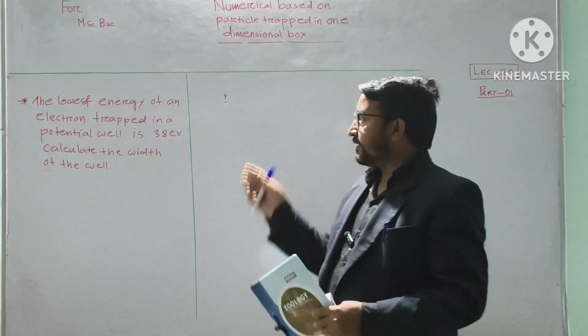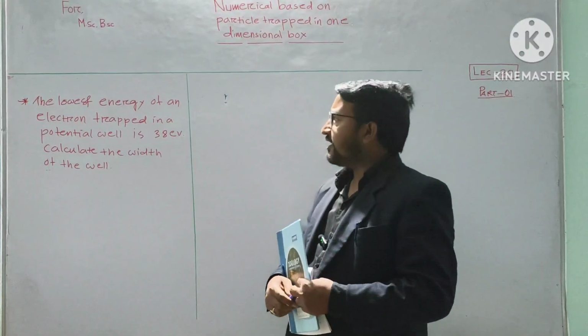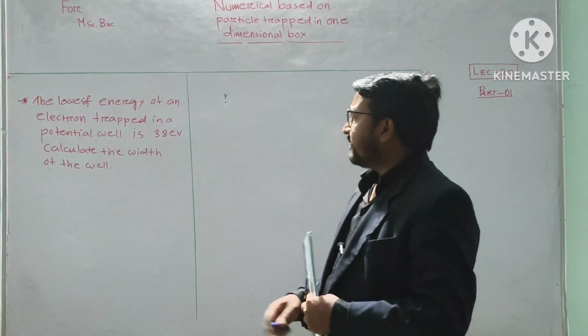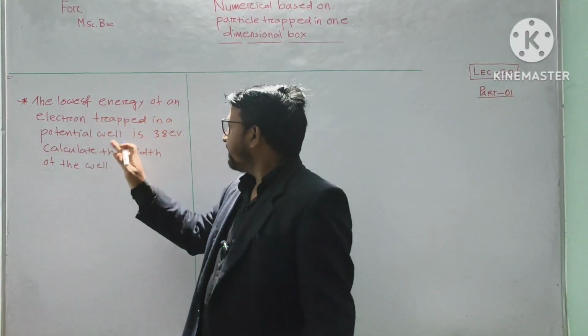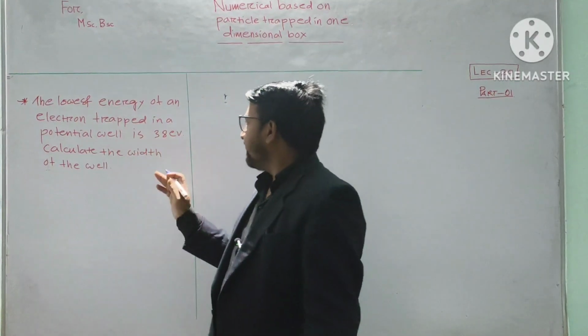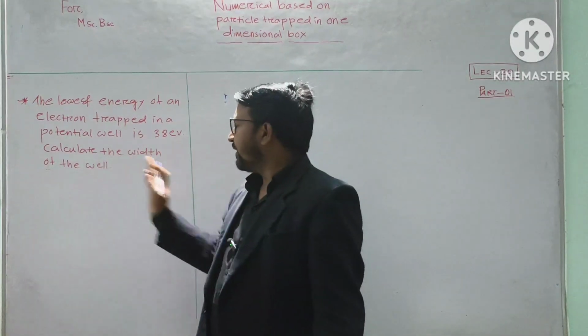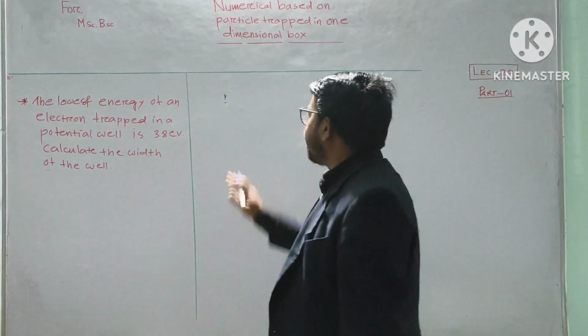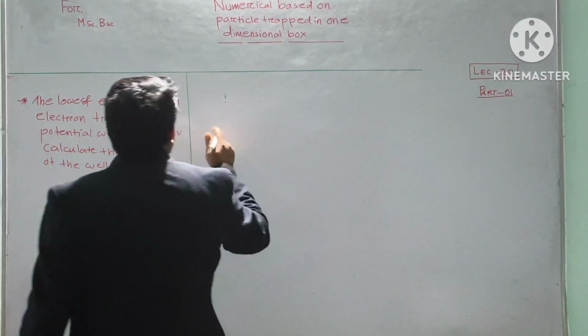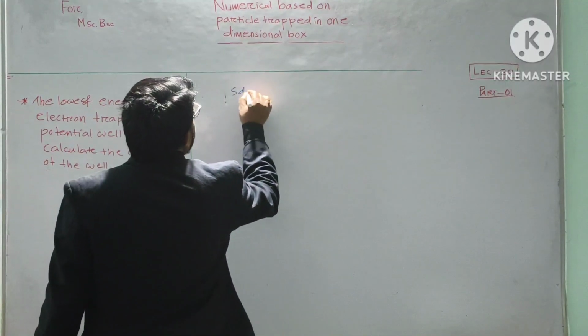Okay, our next numerical problem is this. The statement of this problem: the lowest energy of an electron trapped in a potential well is 38 electron volt. Calculate the width of the well. Okay, so the given information of this question, solution: